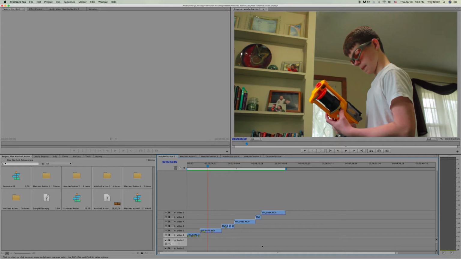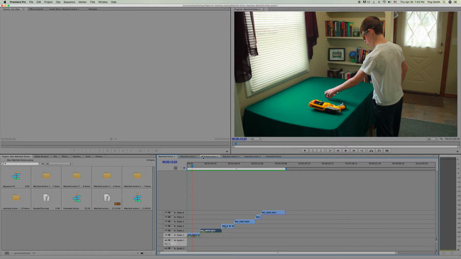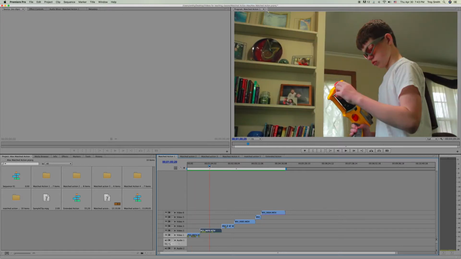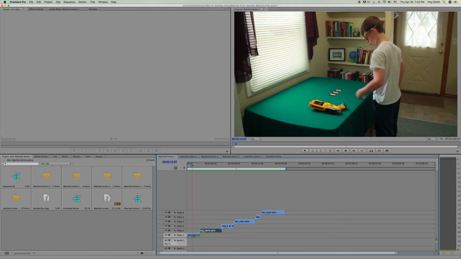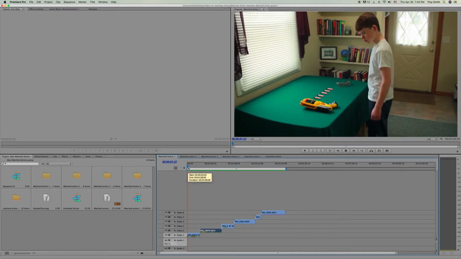On my timeline down here, I call this stair stepping. Stair stepping is when you put each individual angle, whether you have one shot or multiple shots of a specific angle, on its own video track. Now I took the audio out so we don't have to hear me giving him direction, because I wasn't going to use that anyway. And so here we have the first scene, and then he walks in,